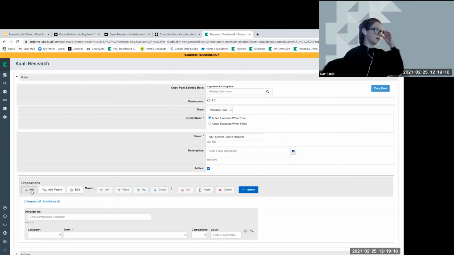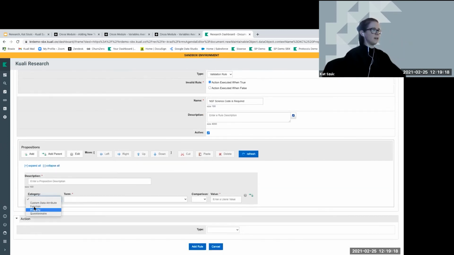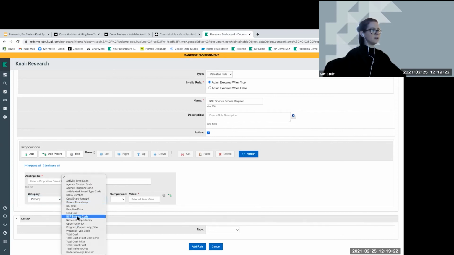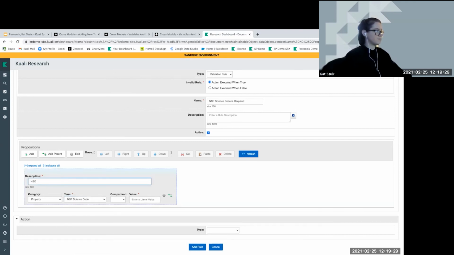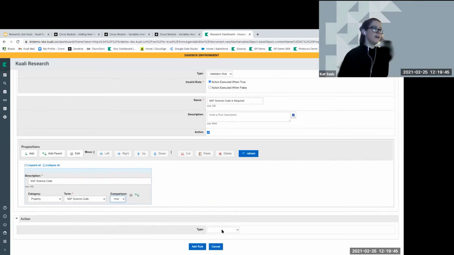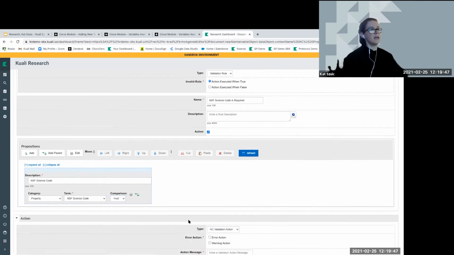So now if I go to add proposition, and if I select a category of property, the NSF Science Code is now available as a property here, and I can use it to build my validation. In this case, the validation is looking that it's completed. So in my comparison, I'm going to say that if NSF Science Code is null, meaning nothing is selected,